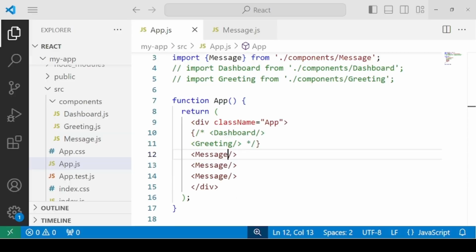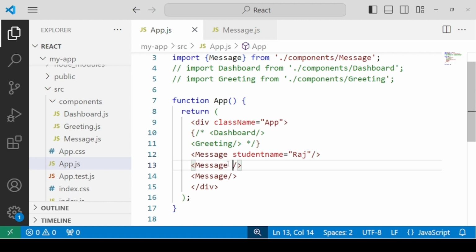In order to pass the props, you pass them as attributes inside the rendered component. Here you can pass it with any name. It can be name, student name, or whatever you want. For now, I'm writing student name. I'll be specifying 3 different student names.